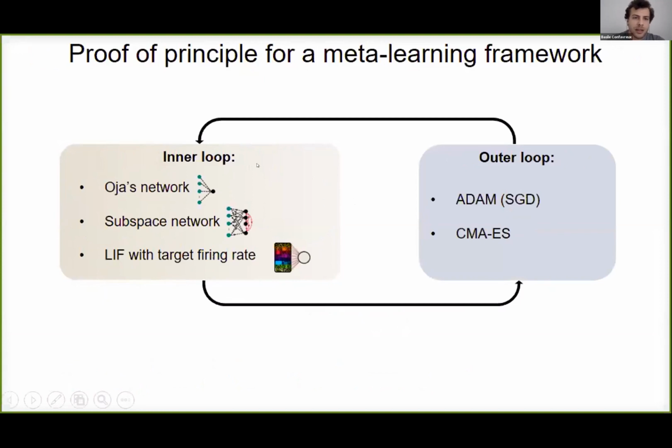This question naturally rephrases itself using a meta-learning vocabulary, because what we have is an inner loop with some unsupervised learning with the plasticity rules, and an outer loop, which will learn the unsupervised learning rules using gradient descent or evolutionary strategies. The paper we have at that point is a proof of principle that this approach seems to work. That is to say, when used on setups for which we have an idea of the solutions, it finds them.